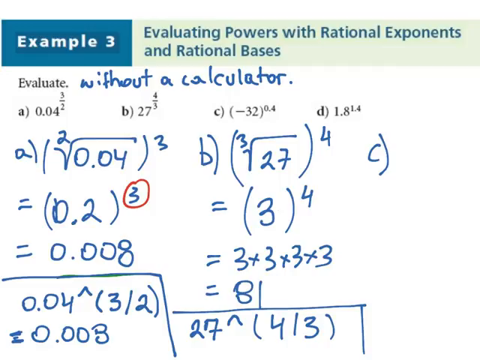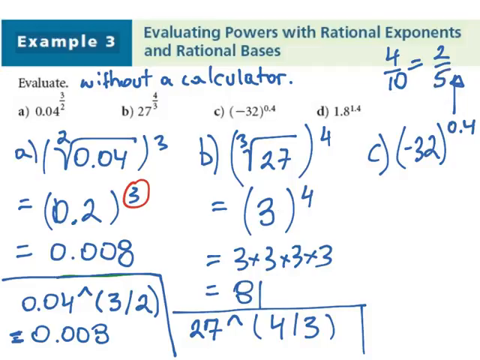Negative 32 to the power of 0.4. Now 0.4 is a decimal value. Or, in other words, because there's one decimal point, it is 4 divided by 10, which can be reduced to 2/5. How do we reduce? We divide the numerator and the denominator by 2. Therefore, we could rewrite negative 32 to the power of 2 over 5,